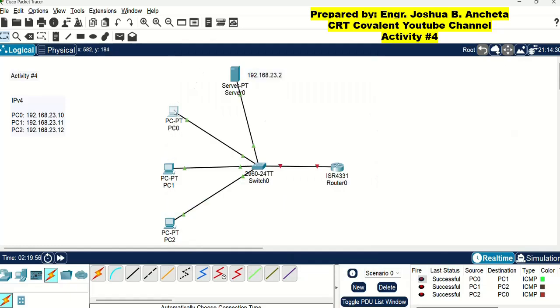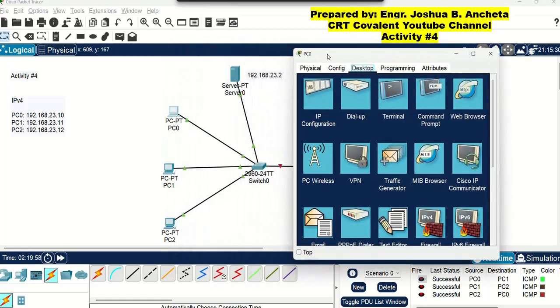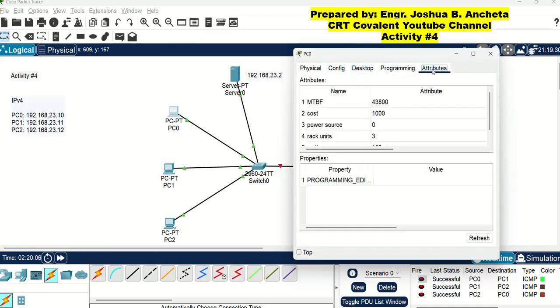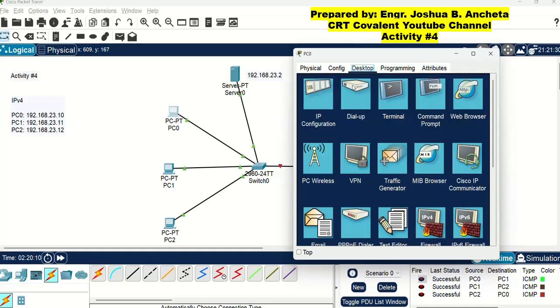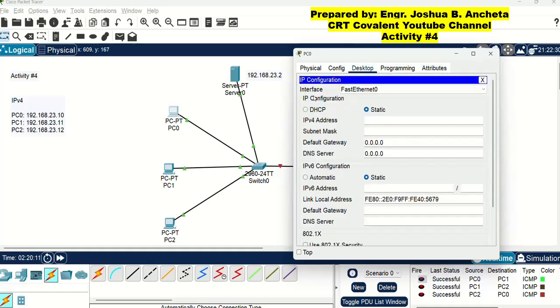So for PC0, let us go to desktop. Okay, we have physical, config, desktop, programming, attributes in the tab here. So click desktop, click ipconfig, and now click DHCP.